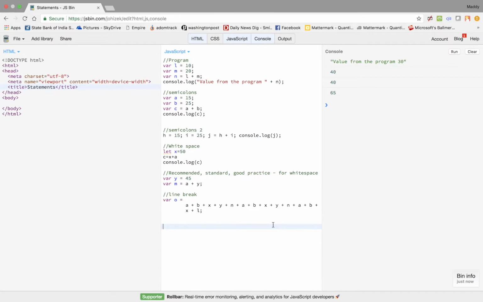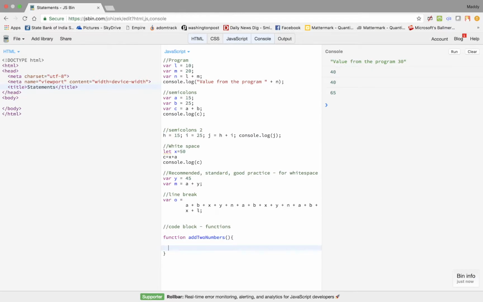Then there is something called a code block. Code blocks are nothing but functions, usually functions, but a code block is a block of code. They're interdependent on each other. I mean, they cannot function on their own, and they belong to a block. For example, I create a function. We'll go over functions separately, but this is just a simple introduction. I'm going to create a function in camel case, and then